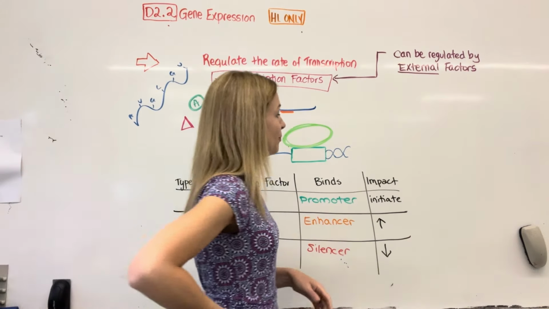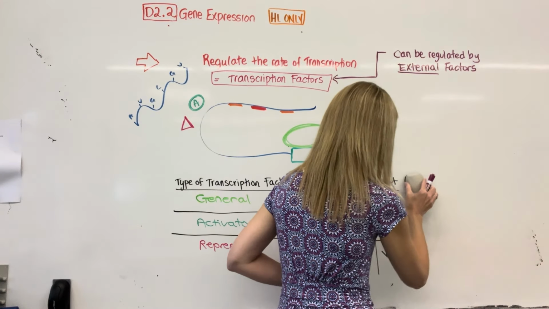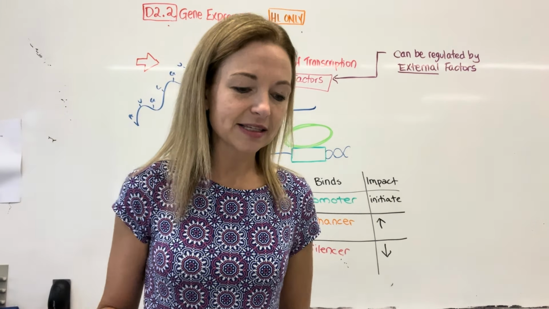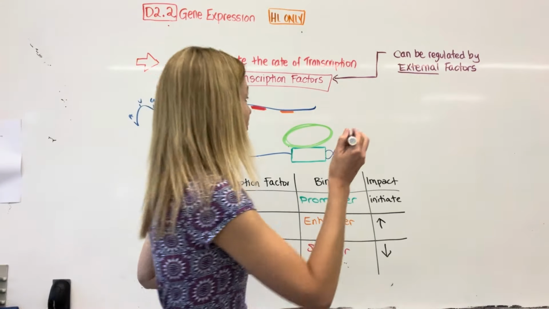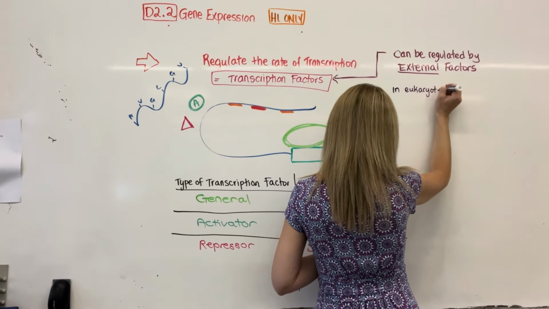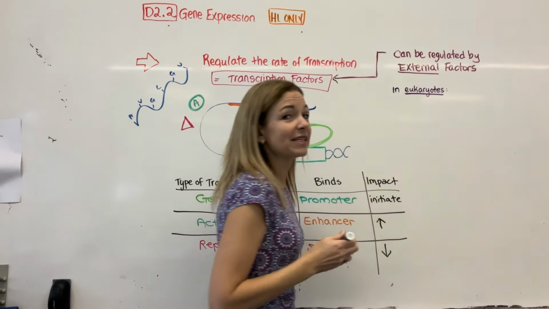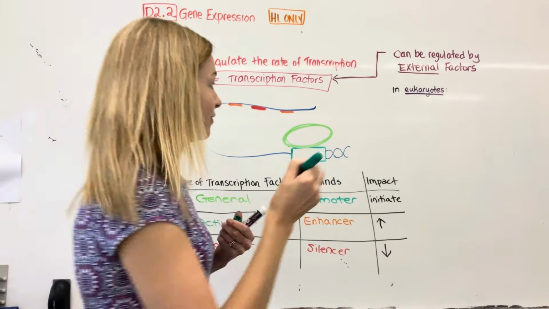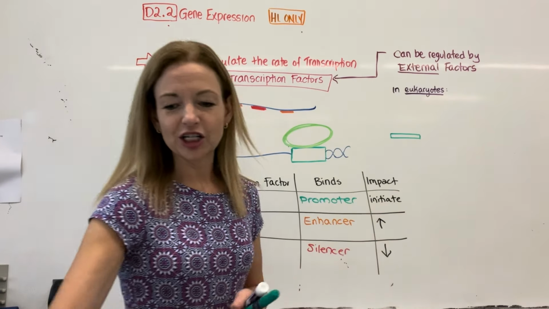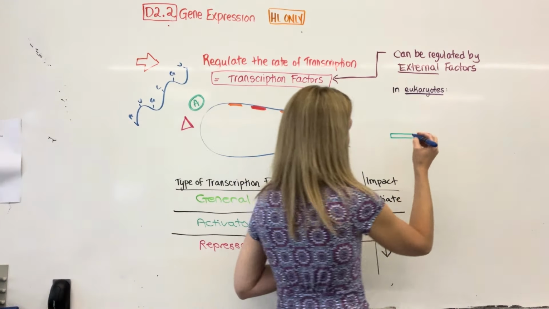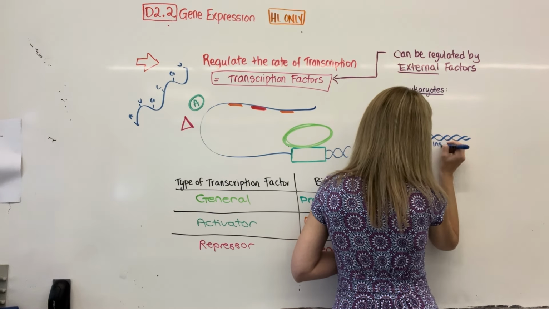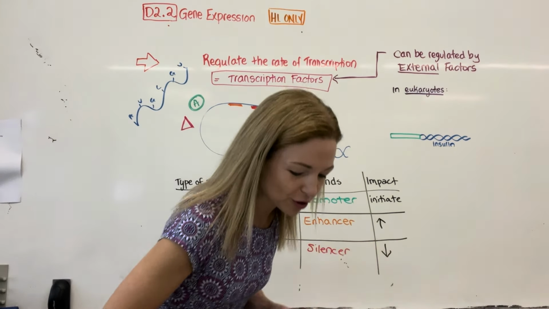We're going to look at the example for eukaryotes of that happening, and then we need to look at the example for prokaryotes, who don't actually use transcription factors but use operons. In eukaryotes, the example that you would need is related to insulin and glucose. I'm going to leave a little bit of space. We have our gene for insulin, but insulin is a hormone involved in glucose regulation.